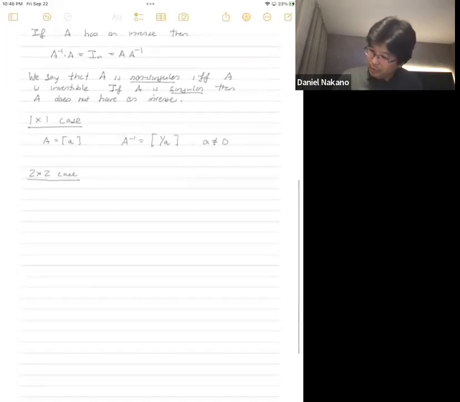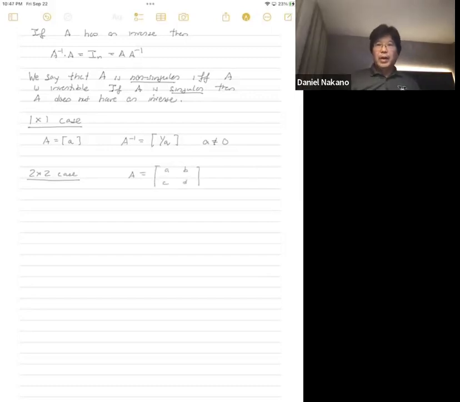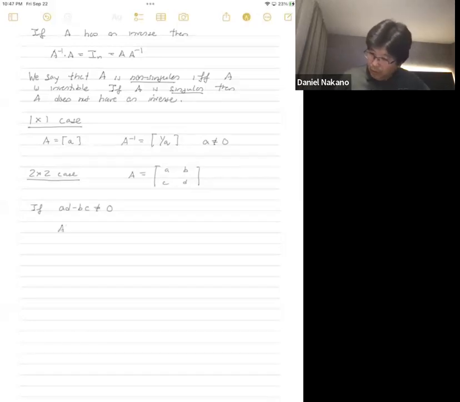All right, so in that case, A is a 2-by-2 matrix. That's A, B, C, and D. And we have something which we'll later call the determinant, but for now it's just some number. And that number is the following. If AD minus BC is not 0, then I can define A inverse. And I claim that the formula for A inverse is 1 over AD minus BC